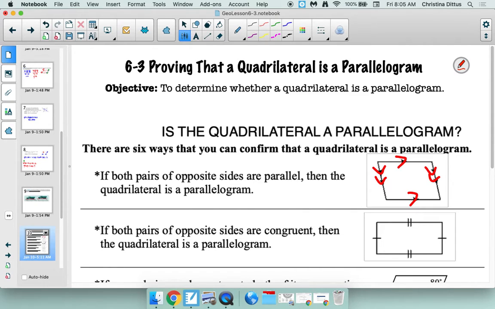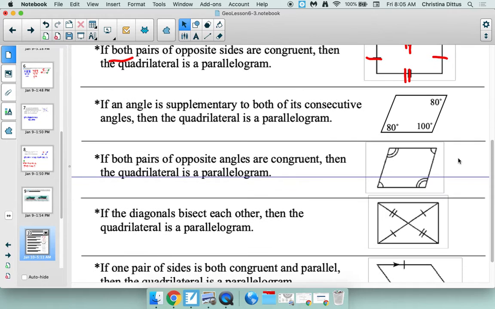We also know opposite sides are congruent. Again, you need both. Those two are congruent, and those two are congruent. So this both part is a huge deal. We also know stuff about angles. We know that angles that are next to each other add up to how much? 180. How about angles that are opposite each other? They're the same. Again, you need both pairs of opposite angles to be congruent in order to say it's a